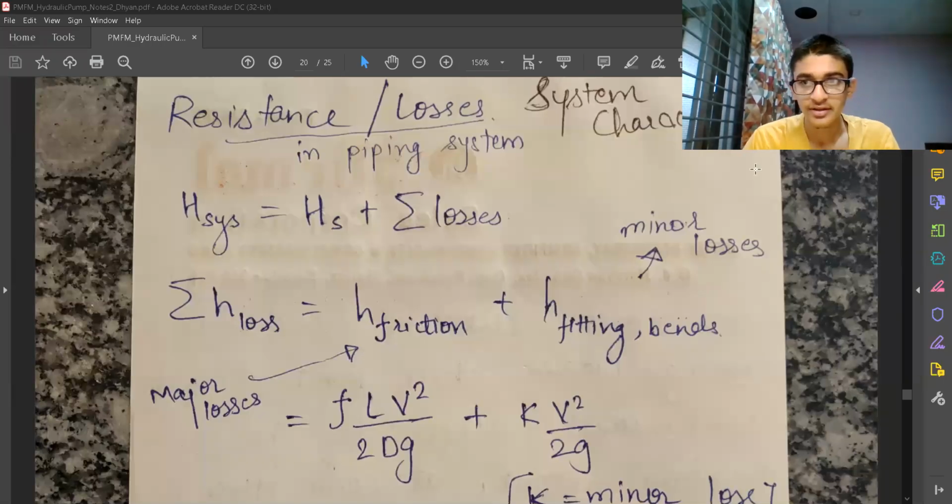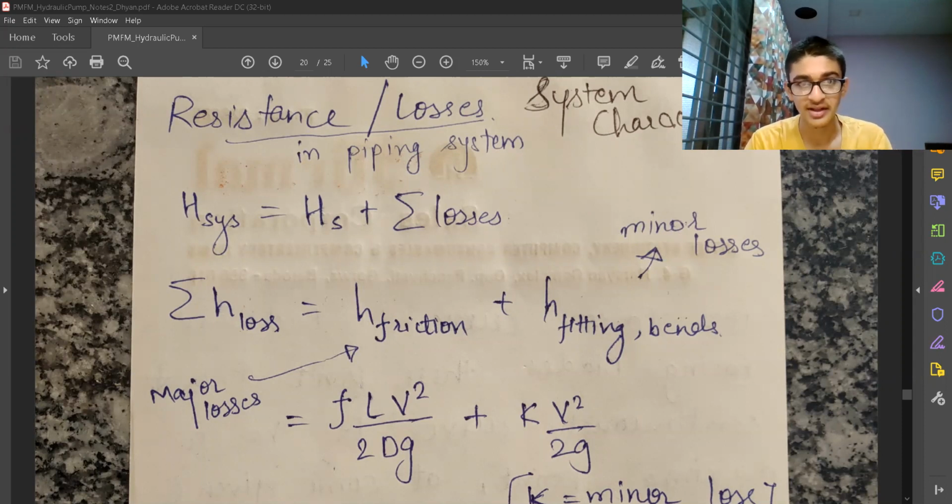So till now we have seen the losses or energy loss which are happening inside the pump because of the blade or because of friction inside the blades. But now let's come to the losses or energy loss in the system. The system is the piping system, the pipes which we are using, the entrance loss and exit loss, which I mentioned earlier in the introduction to hydraulic pumps. So now we'll quantitatively define them.